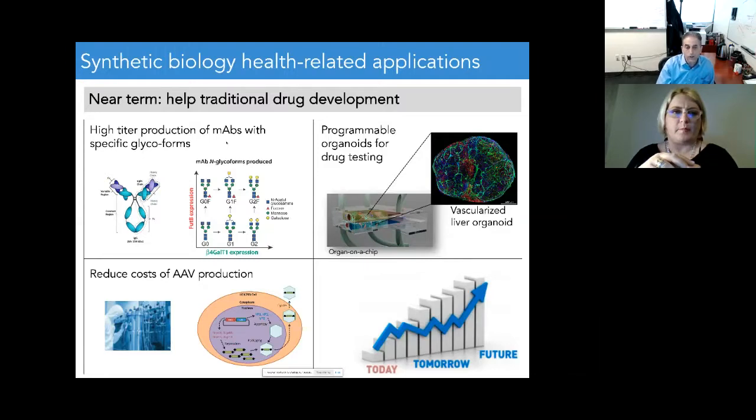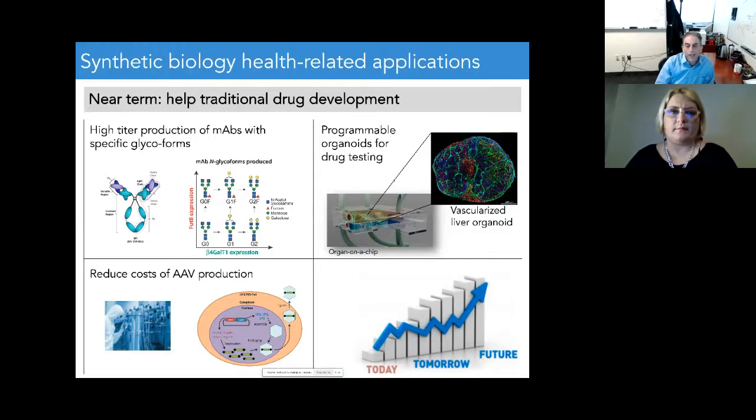If this was used in industry right now, it would have a real effect on the efficacy of these treatments. Another one that I'm actually going to spend a good amount of time on is this notion of programmable organoids for drug testing. The idea is that we can take cells, for example stem cells, and reprogram them to create little organoids. I'll show you an example of us creating little liver organoids that we can put on a microfluidic chip and then perform drug testing on, and figure out: is this drug toxic? Is it safe? Is it efficacious?